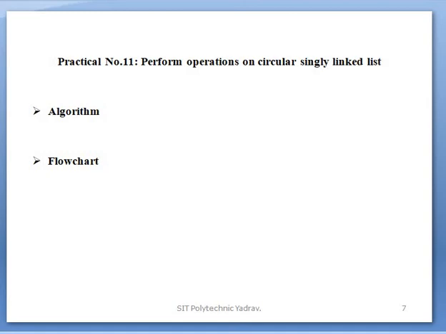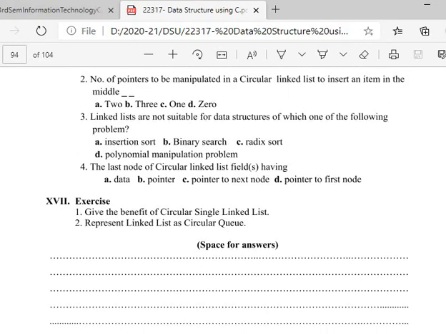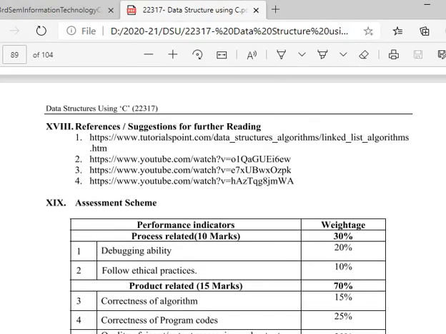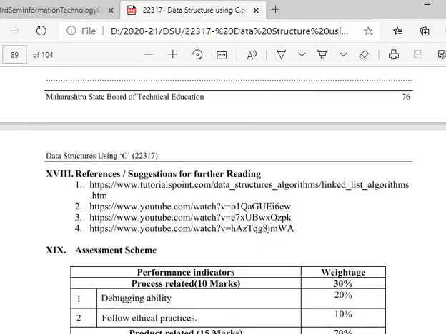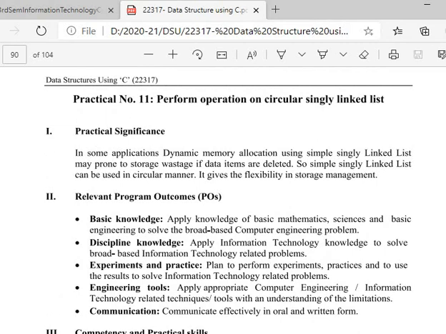Algorithm and flowchart are completed for your homework.